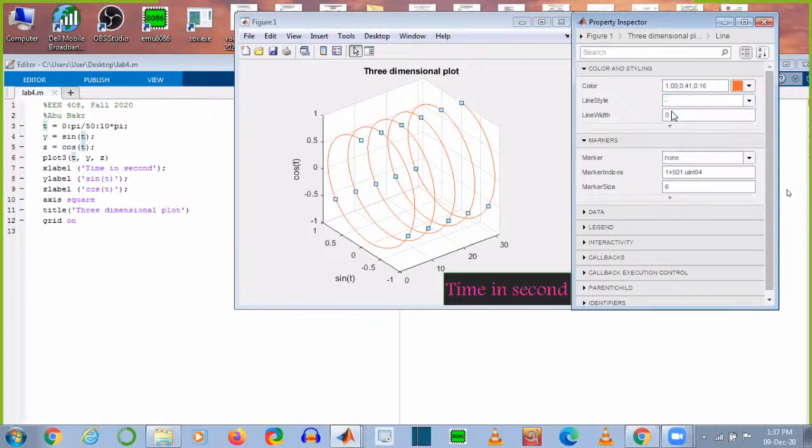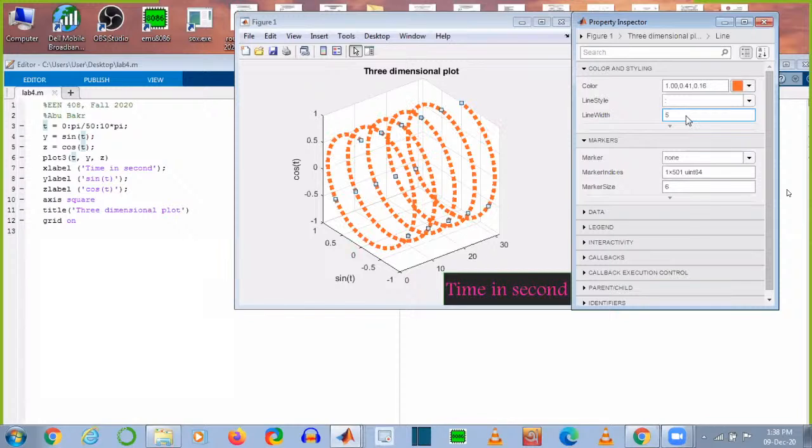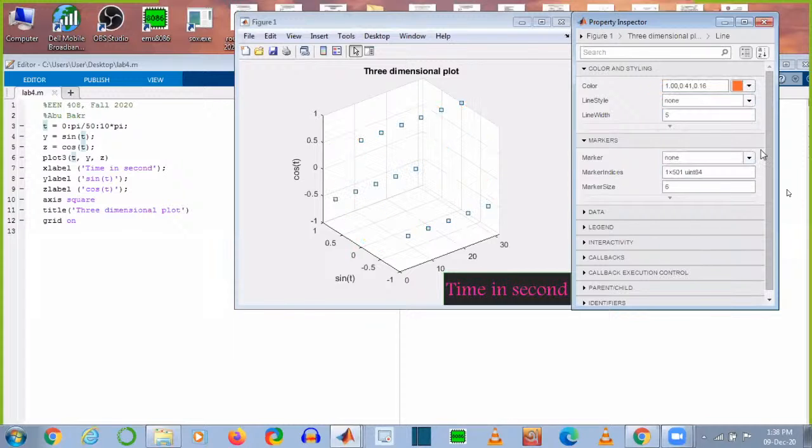So there are many line styles here. This is another style, and you can see this is another style. You can increase the line width, and you can see it clearly. And there is a marker also, you can add a marker. So if you add a marker, it's better to remove the line. Then I think the marker will be more